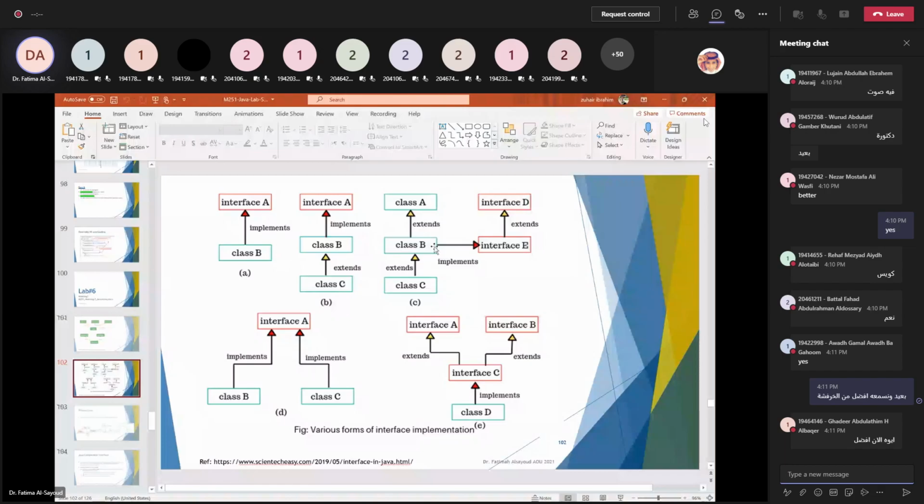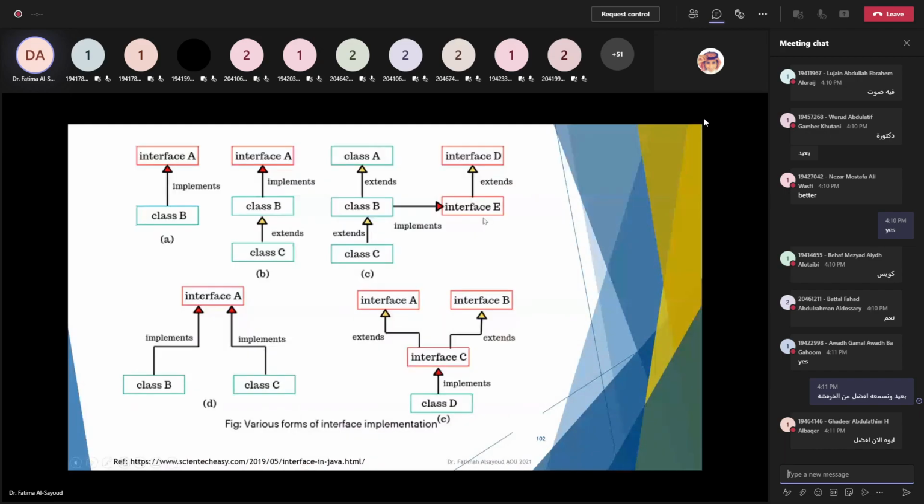So you just need to remember another thing: the interface can be implemented by many classes, and the same class can implement many interfaces as well. However, the class can extend only one class at the end. تمام؟